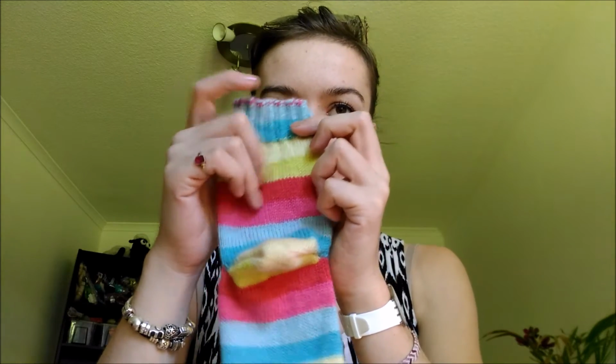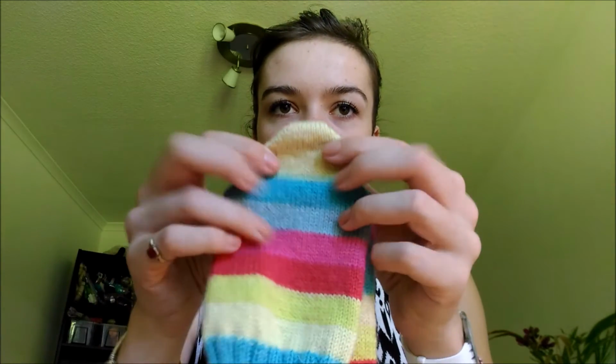So you can see this is the cuff that I've done. I usually knit really, really long cuffs, and I think the next pair of Felici socks I'm going to knit toe up and knit them really, really long, but these ones just kind of felt summery and fun. I did a fish lips kiss heel,